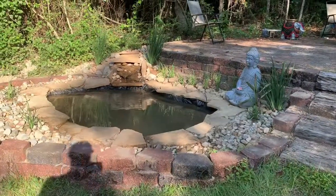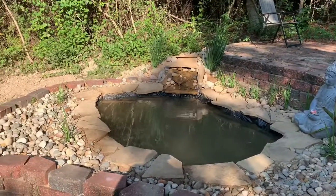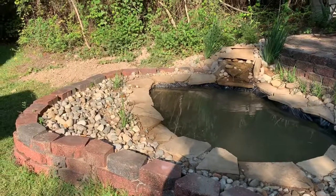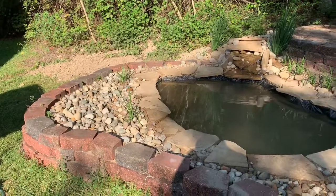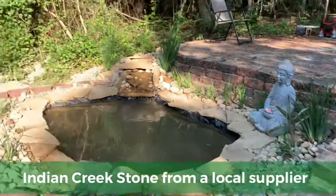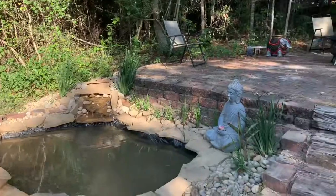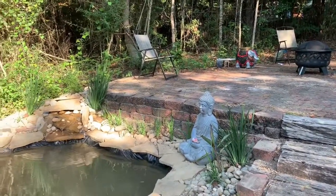So you can see since that last video I did trim back the pond liner all the way around, right behind the big edging flat stone. Kind of filled in some dirt around the back of there, and then came back after and removed some more dirt because I decided to add this additional stone, which I really liked the way it made it look. I covered up that entire mound back there behind the waterfall that I created, and then I also added some plants. Brought my Buddha statue down from the...